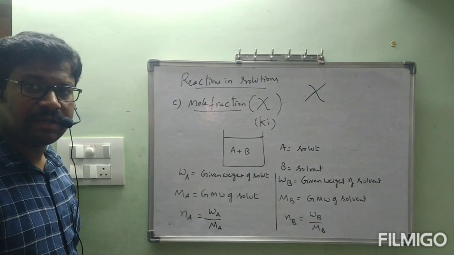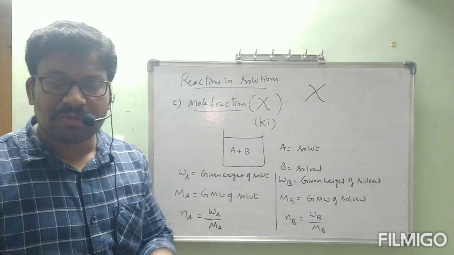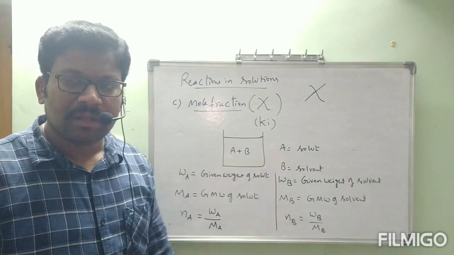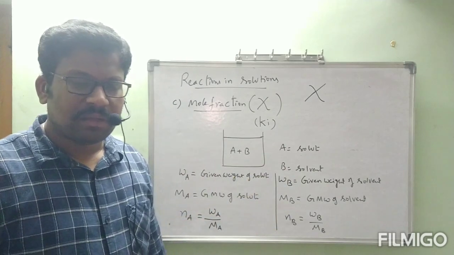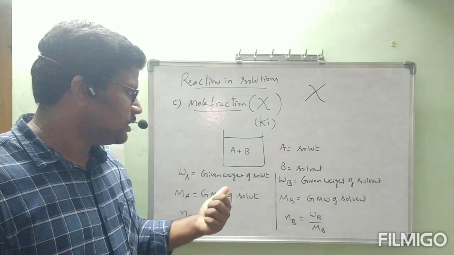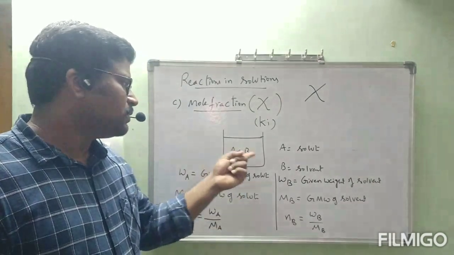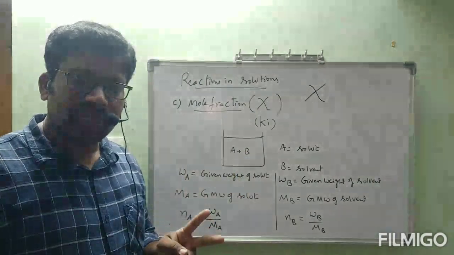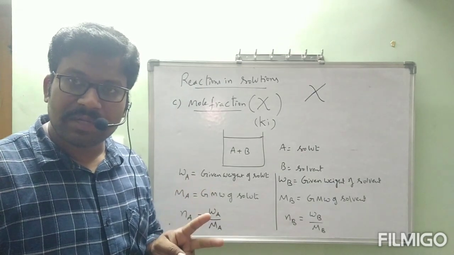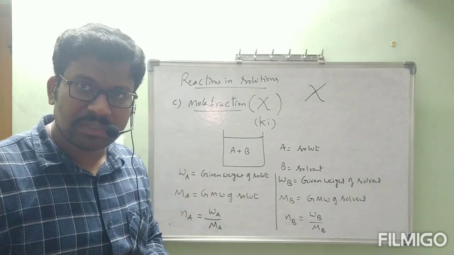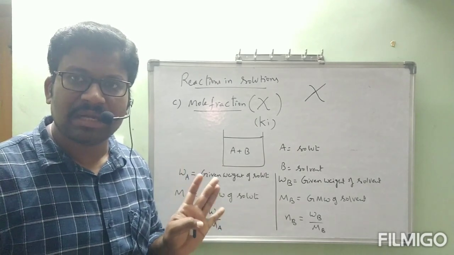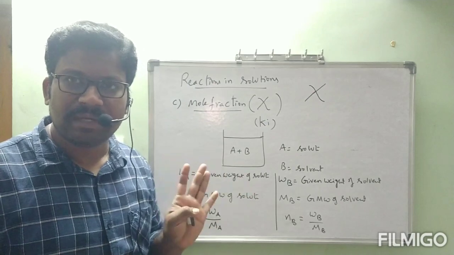Now, mole fraction can be defined for the individual solute as well as solvent. So, chi A and chi B, both of them we are going to define. The definition we will see, but before that, note down clearly. Observe clearly. A solution has two components which are not chemically combined, A and B. Those two components are uniformly distributed throughout the solution to form a homogeneous mixture, which is nothing but solution. A is called solute and B is called solvent.